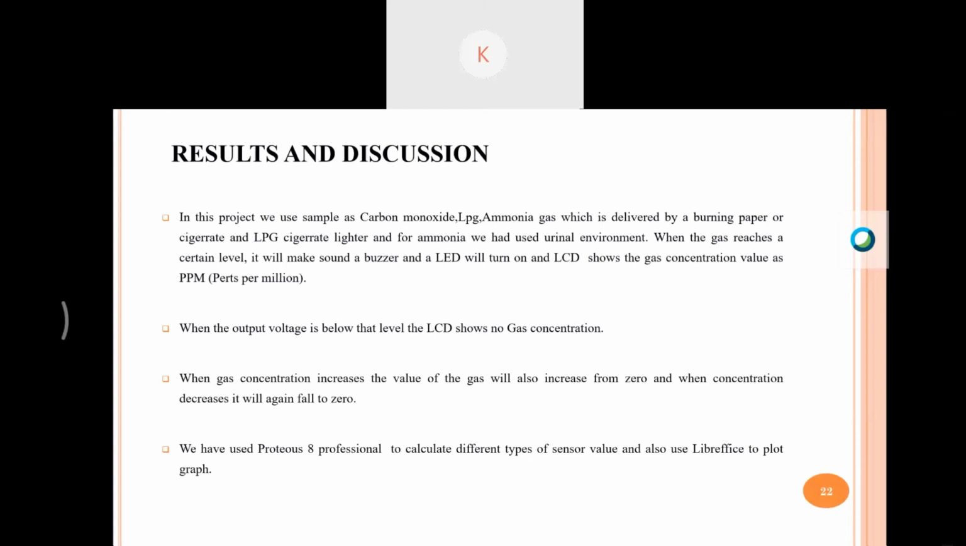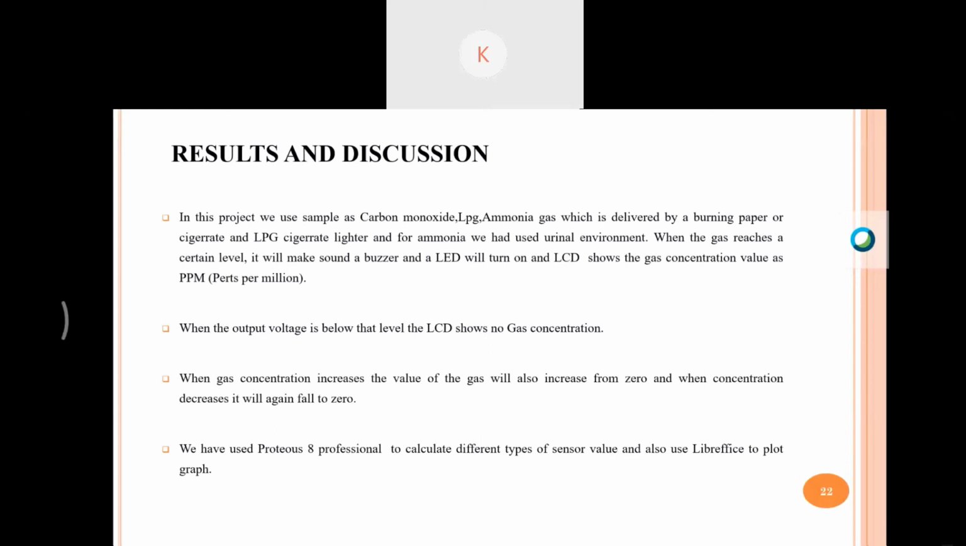But the main problem is the source problem, because in Proteus simulation we cannot give the smoke. But one advantage is that in this sensor a small potentiometer is connected, so it is directly related to the practical environment. So when we expose the gas, its resistance increases or decreases. So we can also use a potentiometer, sensing the potentiometer resistance, as in an actual environment. So from the Proteus simulation,